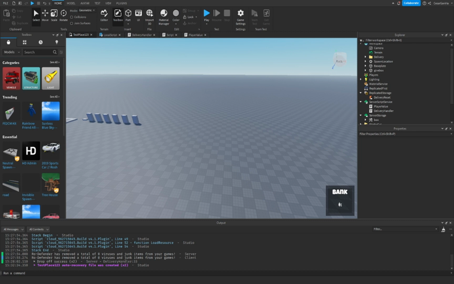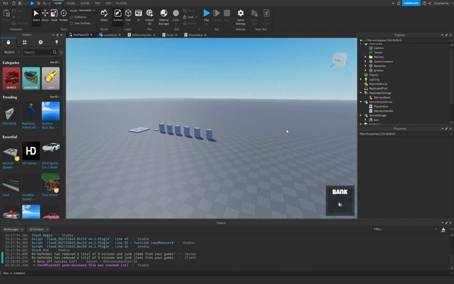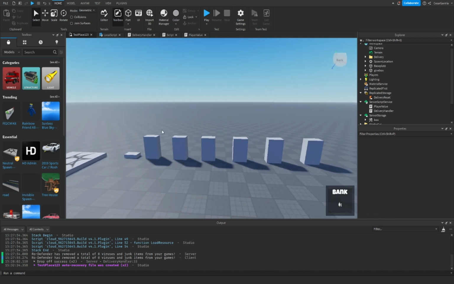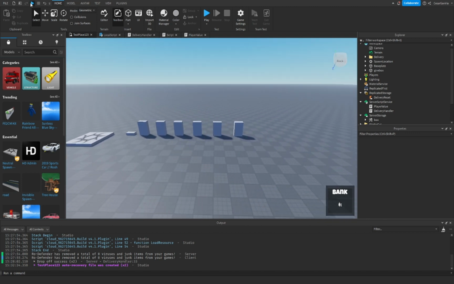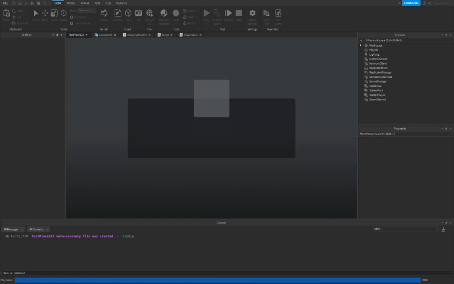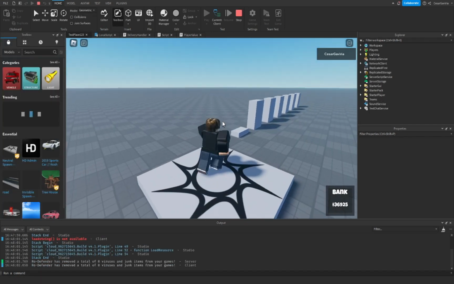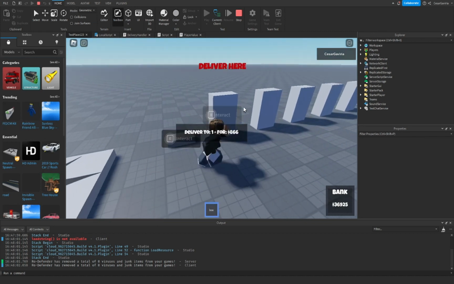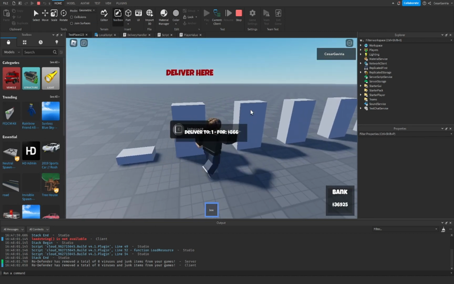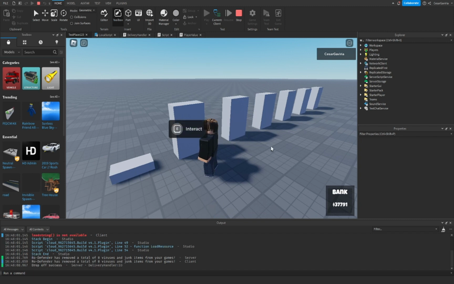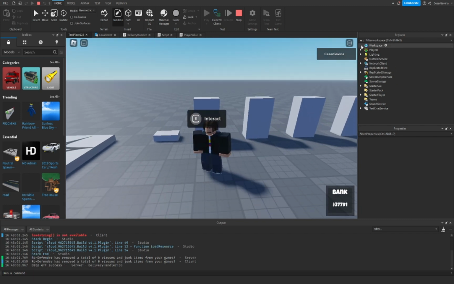So today we're going to be doing something pretty similar to what we did yesterday. Yesterday we went over how to create this delivery system, and I can show you as well real quick. But we went over how to create this delivery system, and then I uploaded a second video later that day, just kind of going over how we can optimize all of this, because before we had it in the works,